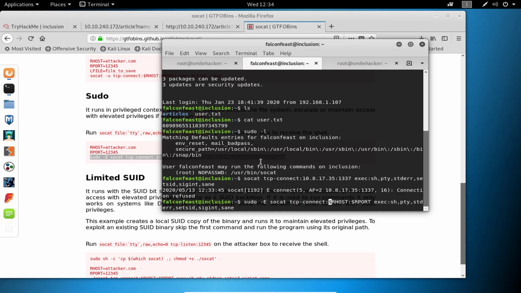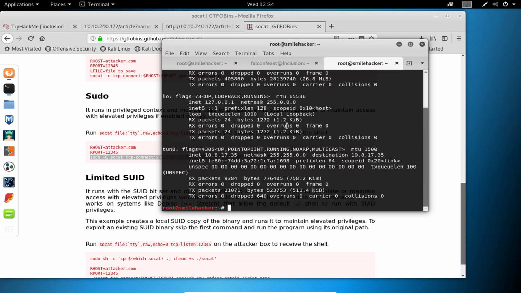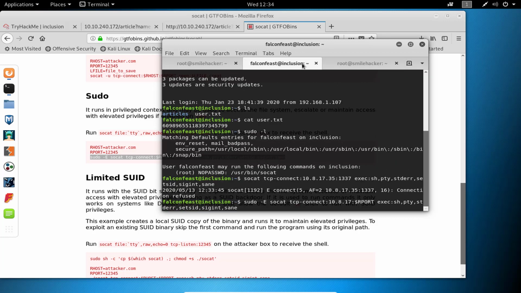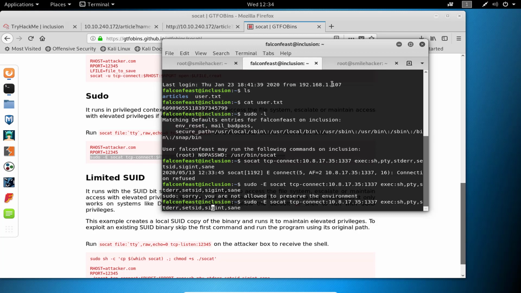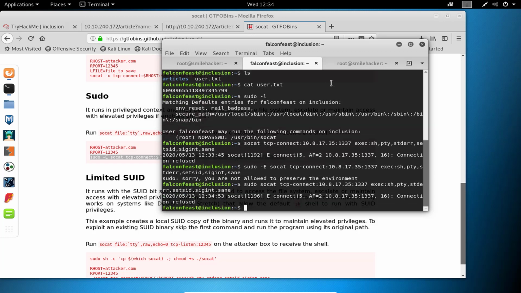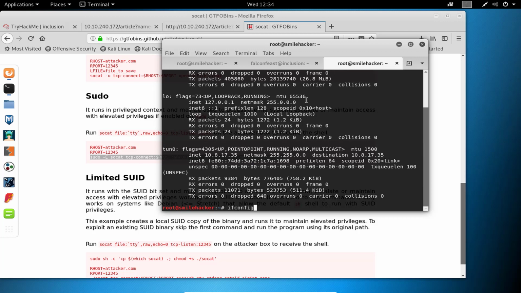Okay, I'm trying it the first time, which is 10.8.17.35, and the port will be any, which one you want, 1337, and hit enter. We are not allowed. Okay, we are going to remove -e here and try it again. Connection is refused.